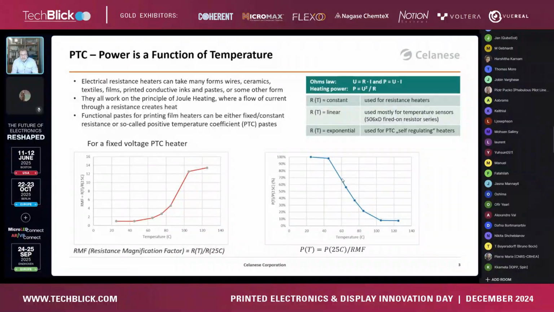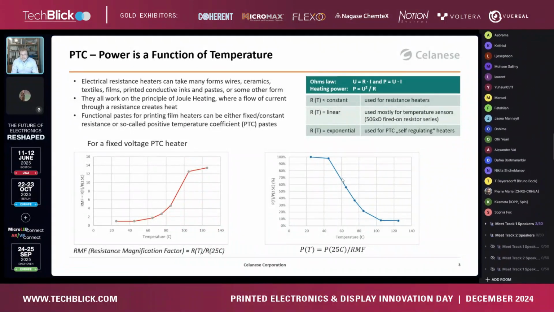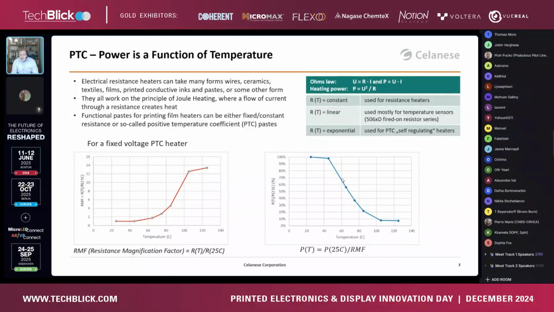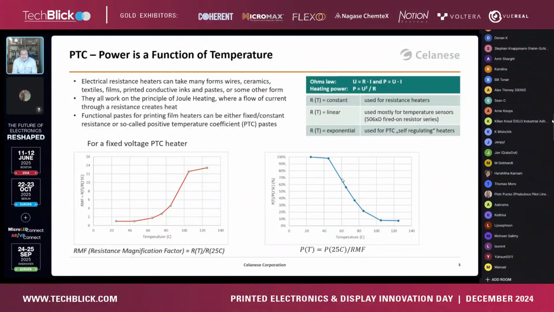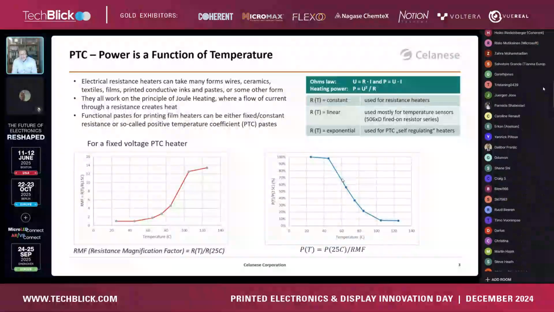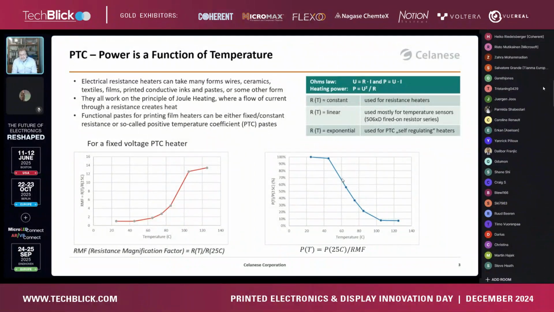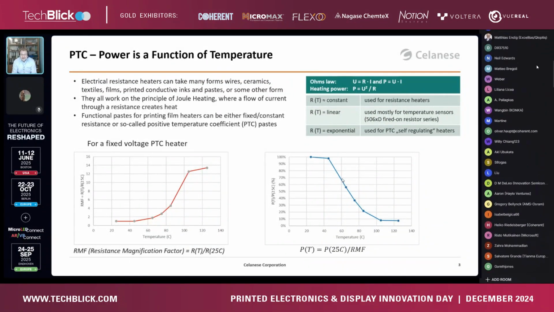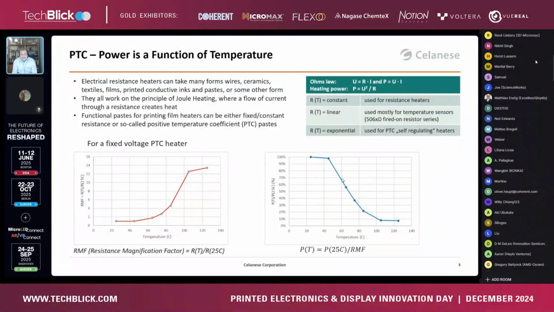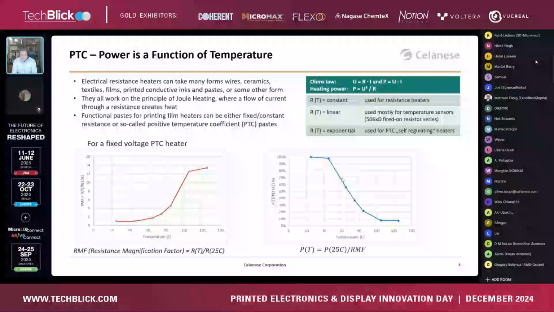And then you have different possibilities. The resistance is more or less constant with the temperature. That is for the resistance heater, for example, like the windscreen heater, a silver-based one. And I say it's more or less, so it's roughly constant. Every conductor also changes its resistance a little bit, but as long as it's negligible and not changing the properties, we consider it to be constant. Then we also have